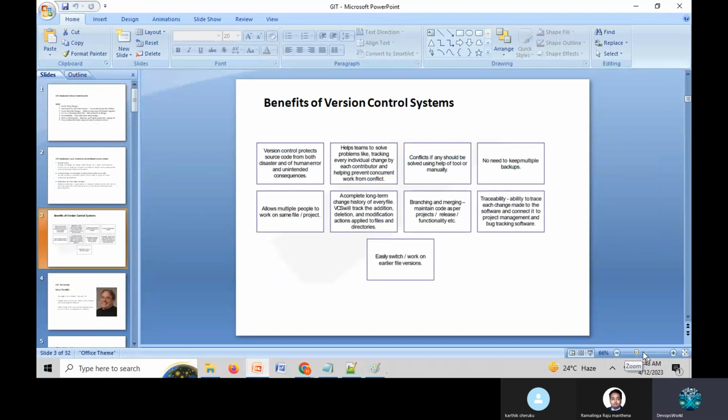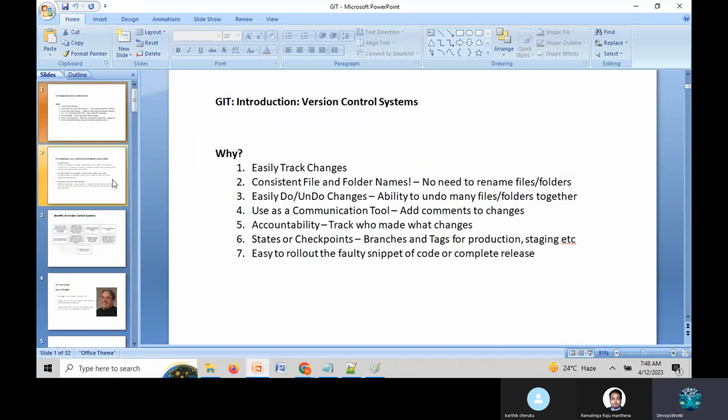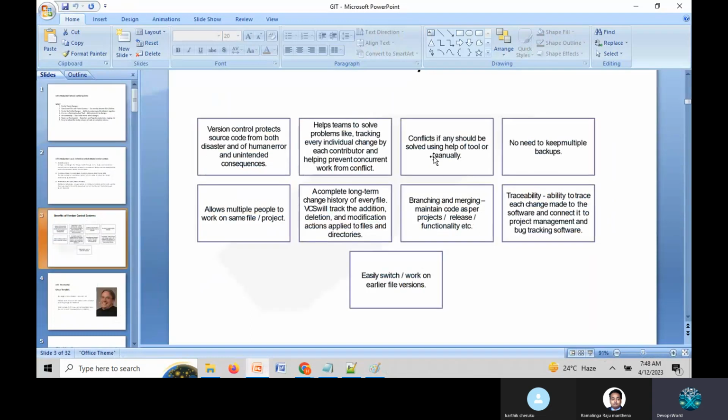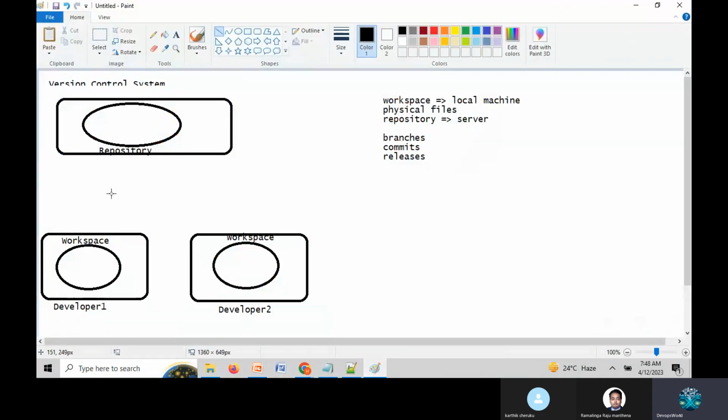These are the benefits of the version control system. Whatever the disadvantages and limitations are, the version control system fulfills them. You can go through it. Before going to that, I will explain the process. Suppose in an interview someone asks what the old process is, and whether you know about the tools for that.